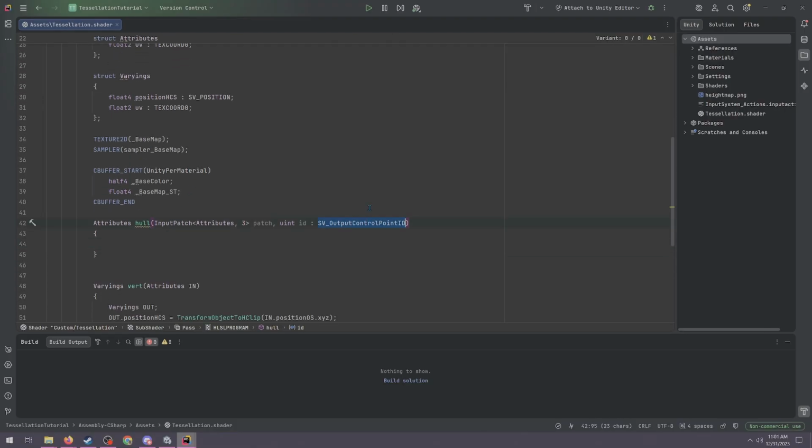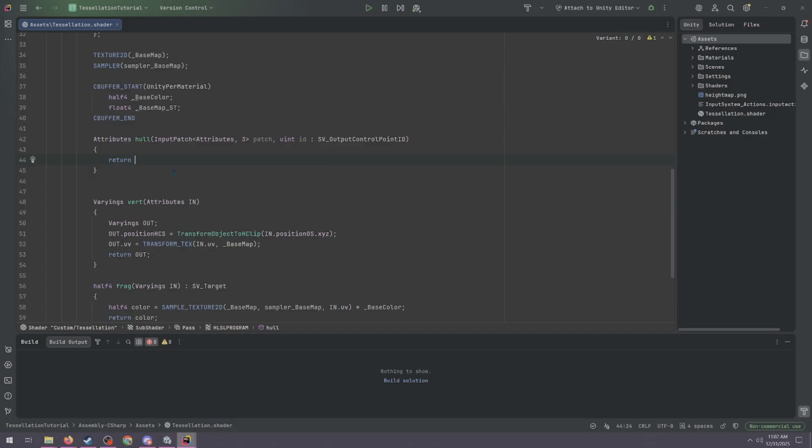It's telling the GPU that we want this ID to have a certain function. Otherwise, it would just be like, well, why do you want this ID? It's just a number. I don't know what to pass in here. So for now, we're just going to return the data from the patch ID that we're currently working on. It's just sending through all the triangle data, and then it's like, okay, you get this attribute